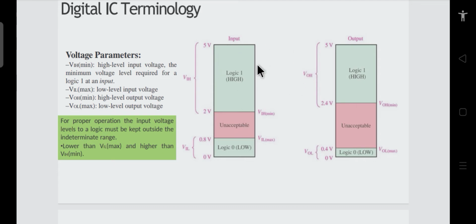Because you are using it as a switch, either you should switch it on or you should switch it off. If your input lies in the low range, the input to the switch is 0, whereas if your voltage is in the high range, then you are making it on. If it is in the middle range, it is sort of a switch in the middle position. You cannot predict what will happen to the switch, because it will slip either in the on direction or the off direction. I have just tried to explain with a simple analogy, but this voltage range is unacceptable.